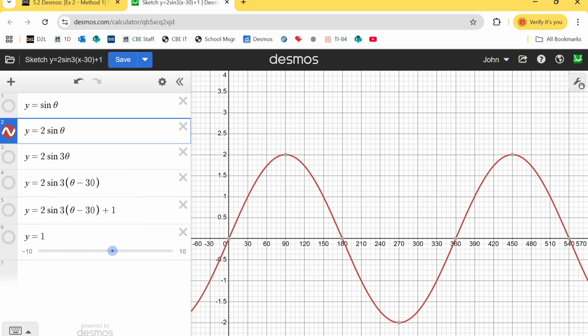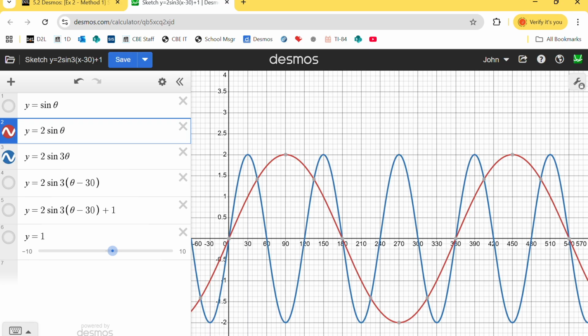Now, I'm going to apply a b value of 3, which relates to a period of 360 degrees divided by absolute value of 3, which is 120 degrees. So we should see the period shrink by a factor of 3, or like 1/3, right? So it's multiplied by a factor of 1/3, all the degrees. So watch what happens for a b value of 3. Okay, as we expected,